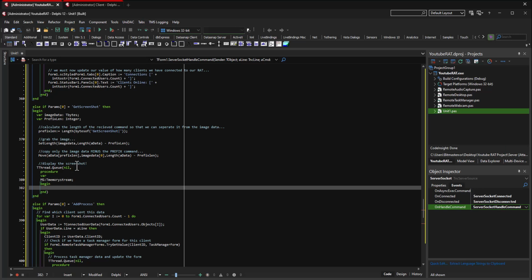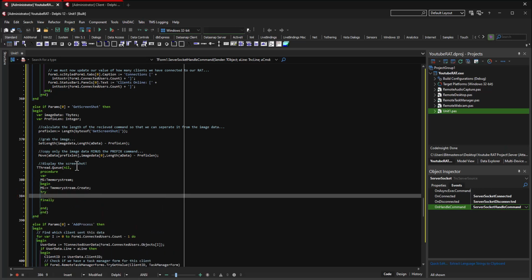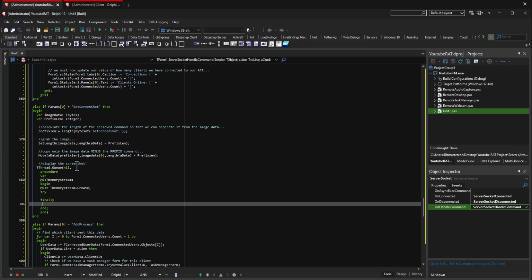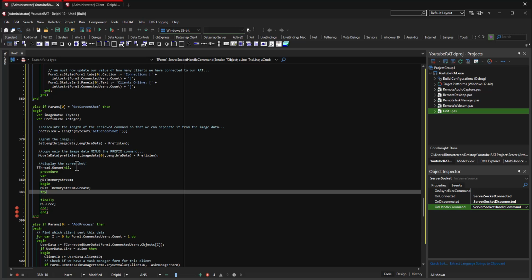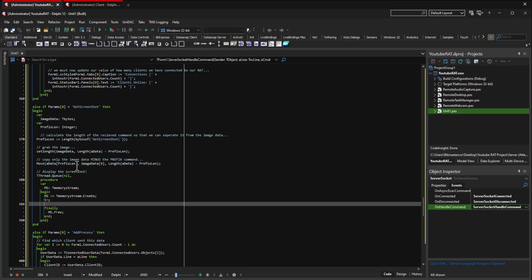So we're going to say ms is going to be equal to TMemoryStream.Create, and we're going to say try, finally, when we're done with all this, we have to free that memory stream, ms.Free. So we'll just do that right now. So now that we have the ability to create the memory stream and deal with it,